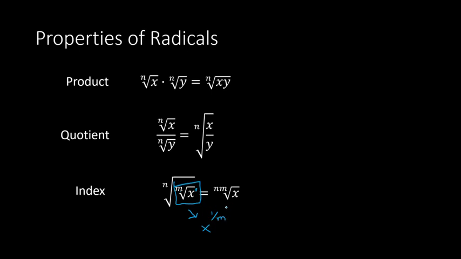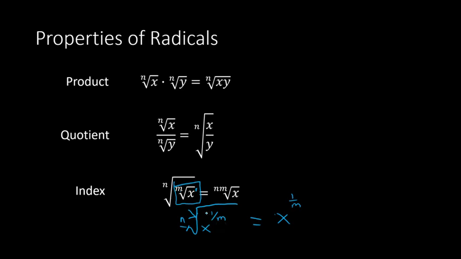So you have 1 over m, and that is taking the nth root of that. So this would be x to the 1 over m power, and then taking the nth root of that. So again, we can write this as x to the 1 over m, and then this n here,